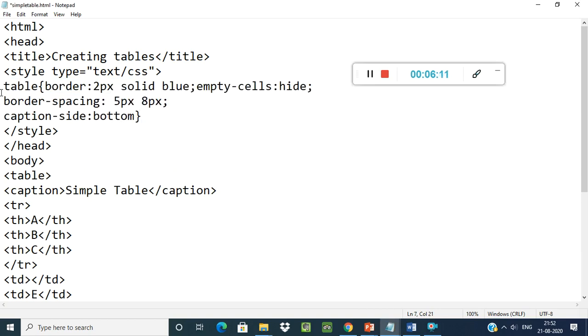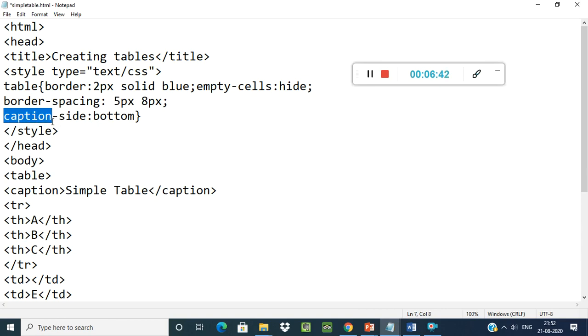I already typed it, so I just copy and paste it here. See, table border is given. I gave the border size, 2px, and the color, solid blue. You can give any color here. Empty cells stay hidden as they are. Then border spacing I gave 5px and 8px.